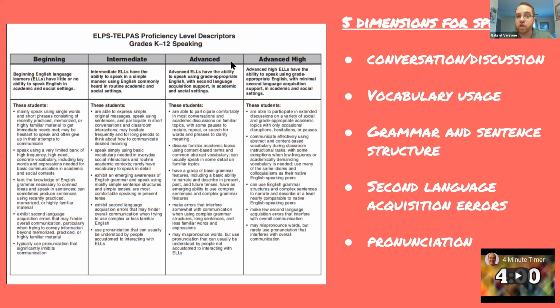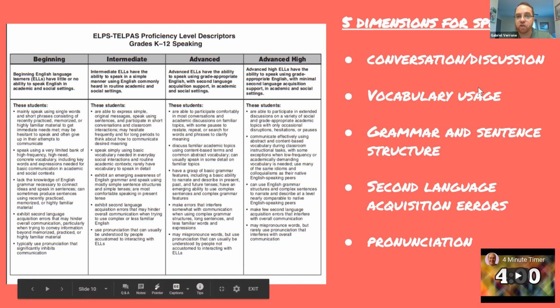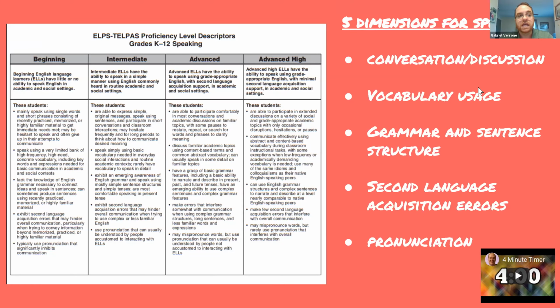Before you do that, what I want you to notice is that these 5 dimensions include, so each bullet across, right, measures 1 dimension. The second bullet measures a separate dimension. So we have conversation and discussion, vocabulary usage, grammar and sentence structure, second language acquisition errors, and then lastly, pronunciation. And so what I want you to do as you look at those descriptors is notice